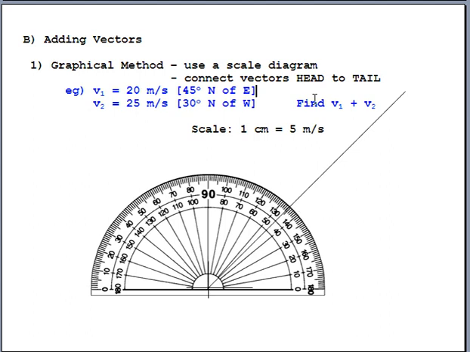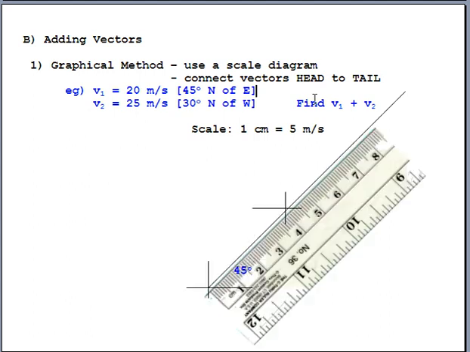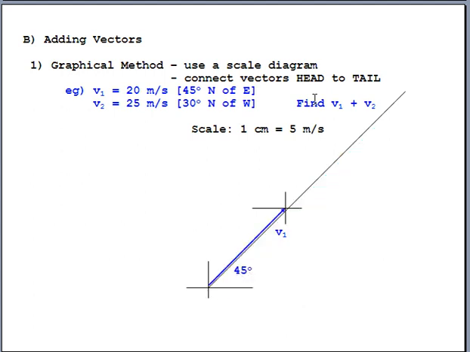And then you can take the protractor away and take a ruler and measure along that 45 degree line exactly, in this case, 4 centimeters, right? If they're 5 meters per second each, 4 centimeters gets you your 20 meters per second. So you want to carefully measure the length and then draw that vector in. Do yourself a big favor, stick an arrowhead on the end. That's the first vector. Good idea to draw another little compass rose up at the end of that, and then